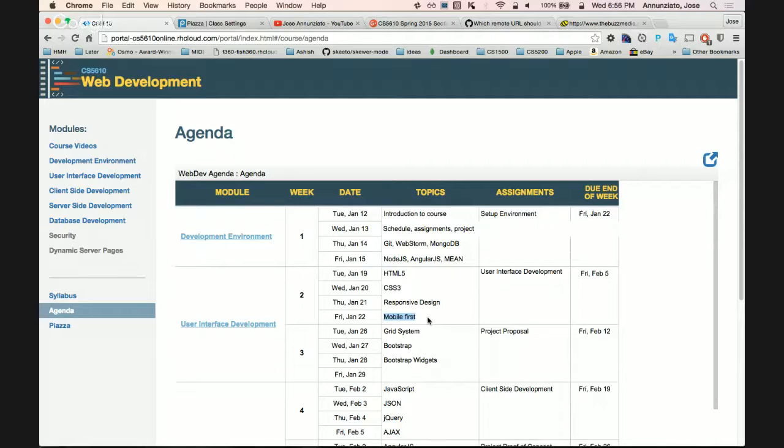Bootstrap uses what is called a grid system. A grid system is an idea that we in computer science copied from the printing industry. The printing industry is fairly mature. They've been around for several hundred years, even before the printing press.